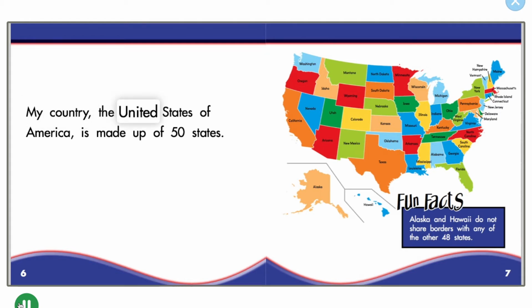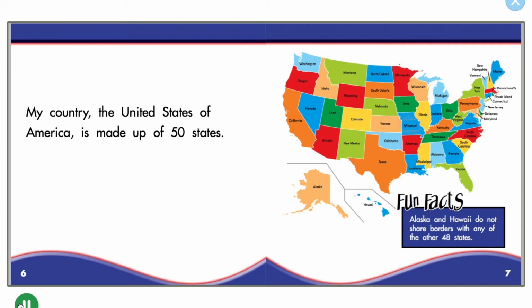My country, the United States of America, is made up of 50 states. Washington, Oregon, California, Idaho, Nevada, Montana, Wyoming, Utah, Arizona, North Dakota, South Dakota, Nebraska, Colorado, New Mexico, Kansas, Oklahoma, Texas,